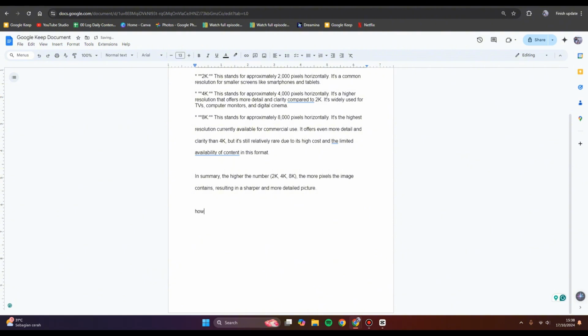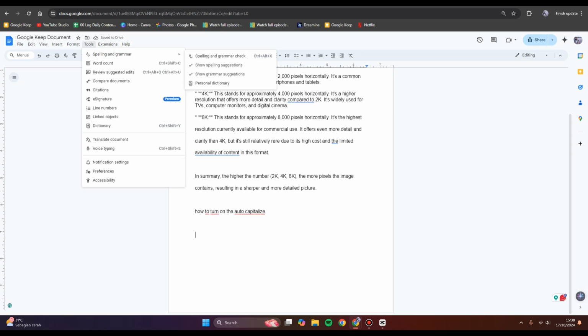For example, here, how to turn on the auto capitalize. As you guys can see here, the how in here, because this is the first letter and word, doesn't capitalize automatically. So if you want to turn it on, you can just here enable the options by going to tools at the top,